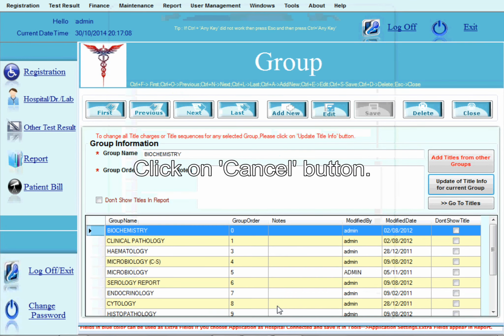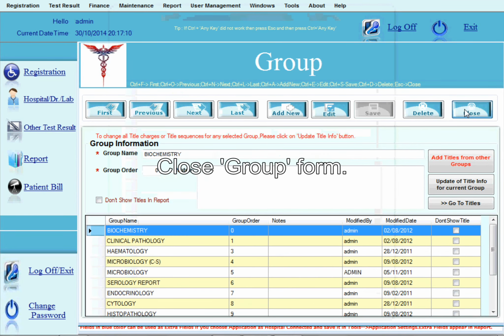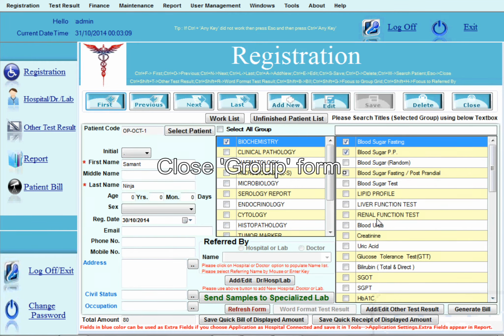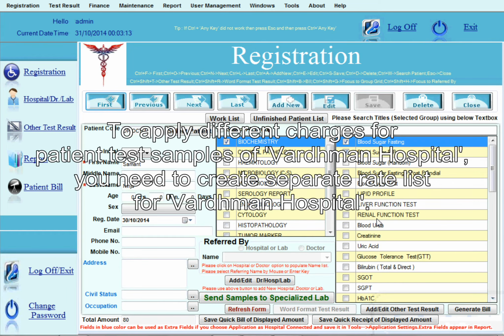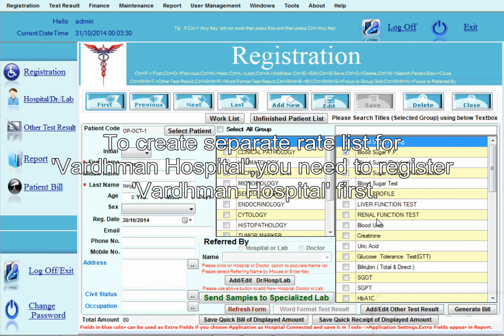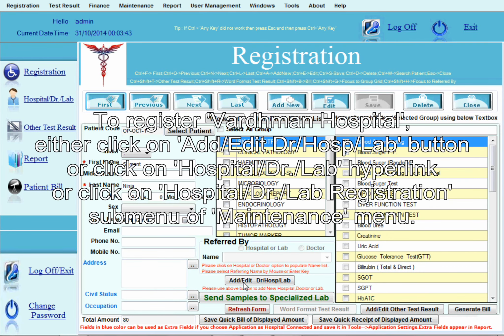Click on the cancel button, close the group form. To apply different charges for patient test samples of Vardhaman Hospital, you need to create a separate rate list for Vardhaman Hospital. To create a separate rate list for Vardhaman Hospital, you need to register Vardhaman Hospital first. To register Vardhaman Hospital,